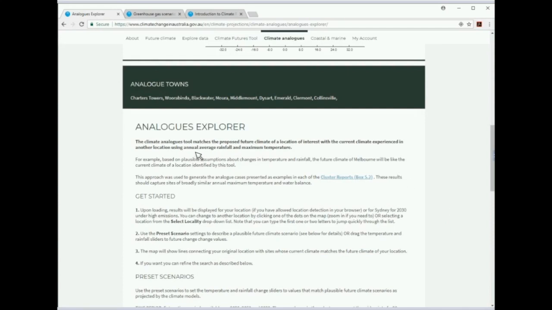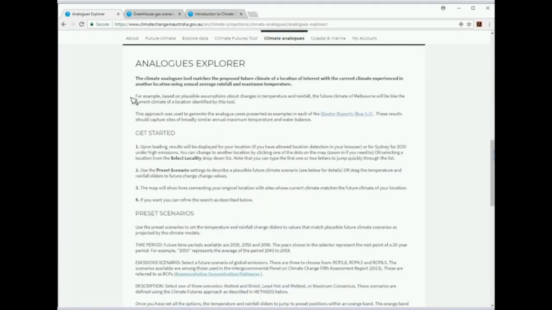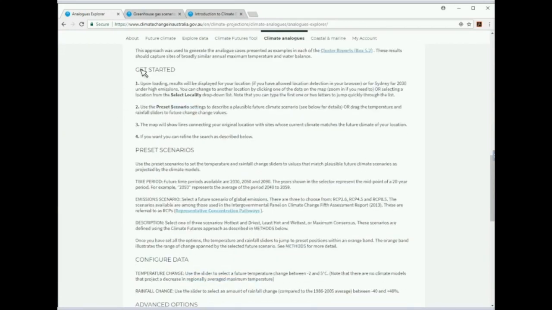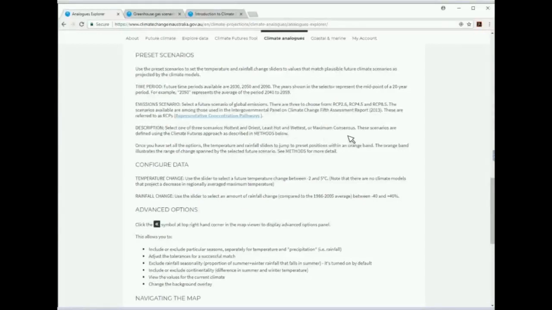We've always put some descriptive and instructional information underneath the tool. So with any tool on the website, always scroll down and just have a look at what's there. There will usually be a getting started section that explains how to use the tool, pretty much how to get going, and then some more detailed explanation of each of the different settings that you can apply with the tool,